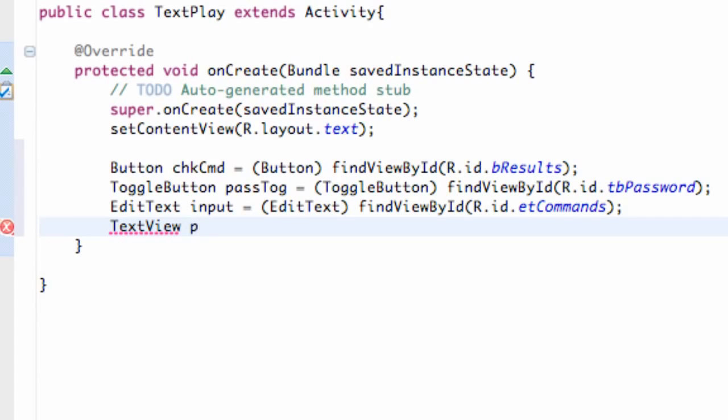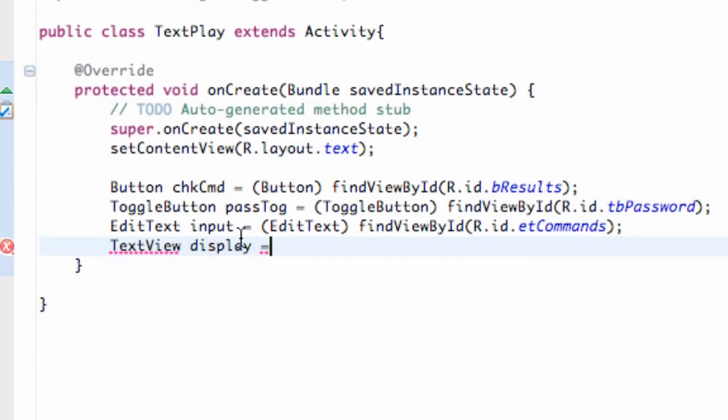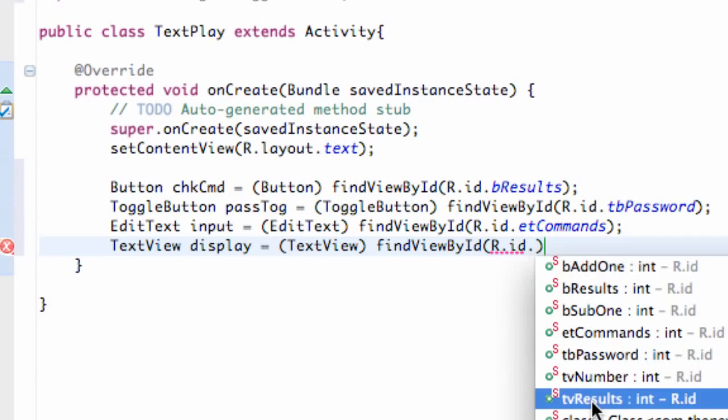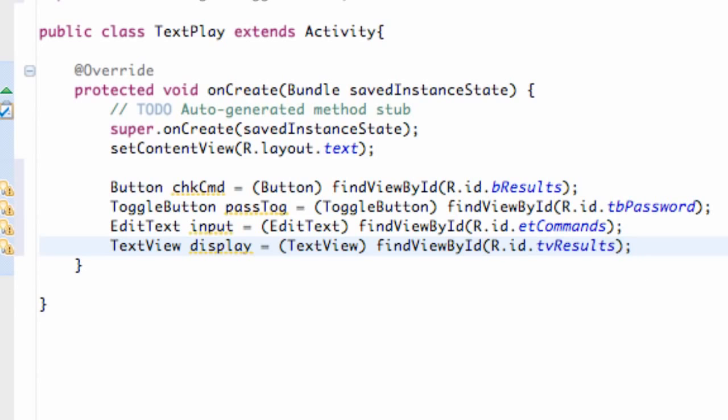And we're going to call this display for the most part. That's a decent name, whatever. And we're going to set this equal to text view and text view results. So there we go. We basically have everything initialized for the most part, and I just wanted to review that